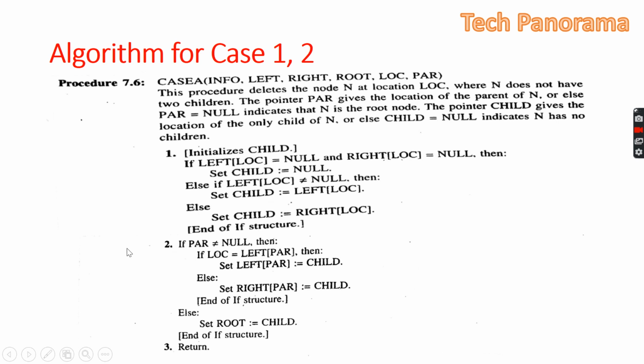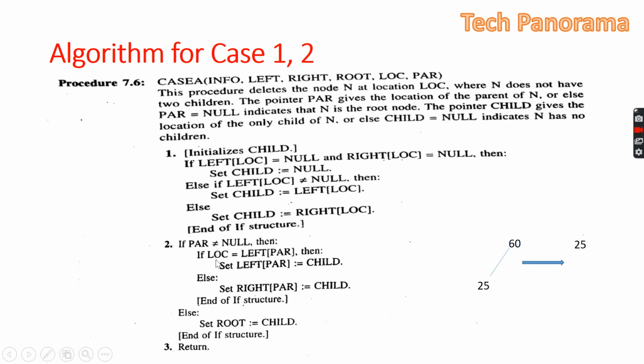So next we will check whether the parent is equal to null or not. If the parent is equal to null, it means we are in the case where we are deleting the root. So the root behaves in a different form. So for example, here we want to delete the 60, then its parent will be null. So the 60's place will be taken by the 25. So the 25 is the child of the 60. So the root becomes the child.